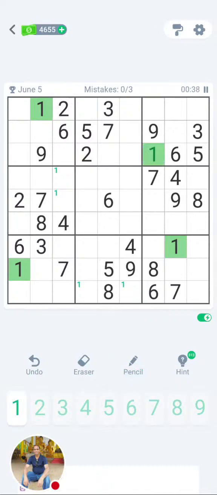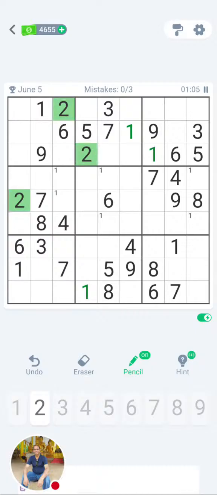So that's 1 there. And this is 1, so this is 1. This is 1, 1, 1. Therefore, this is 1. You have to get used to it, that's it. And you have to have a very keen eye. 1. Now let's go for 2.